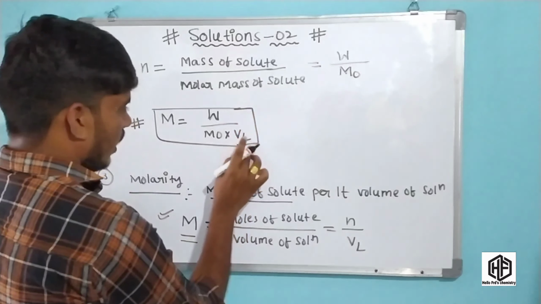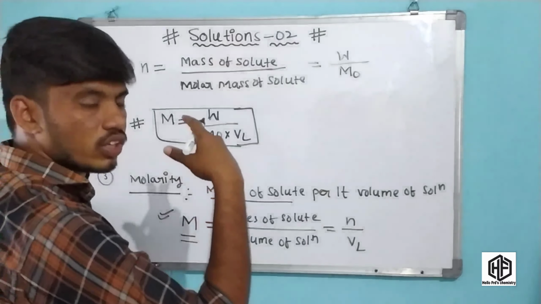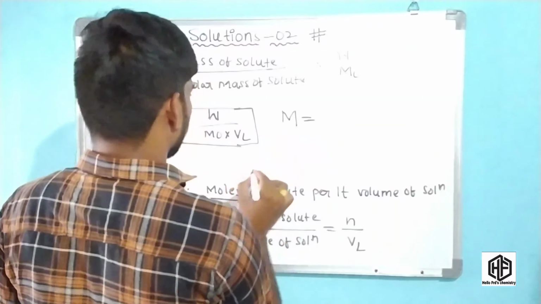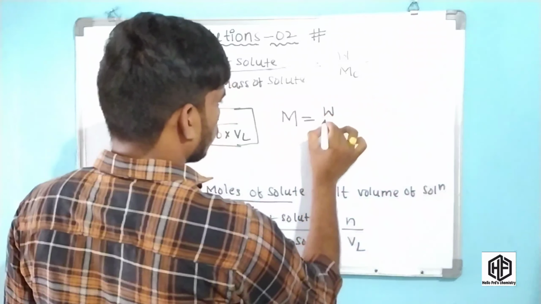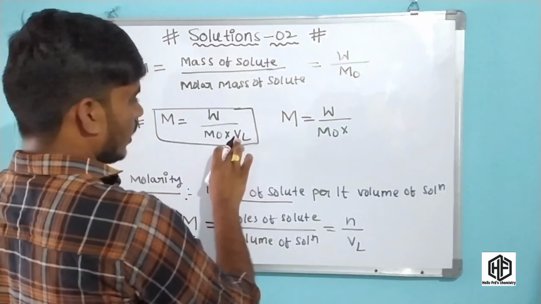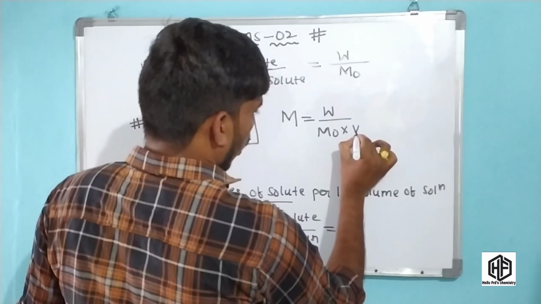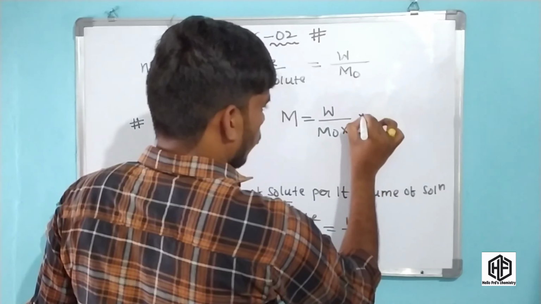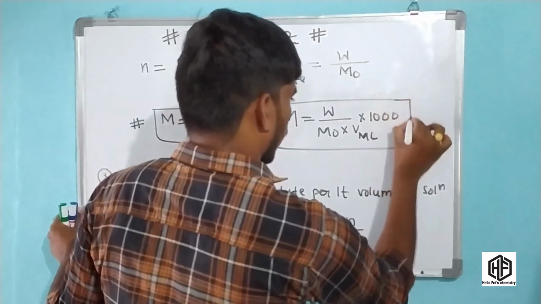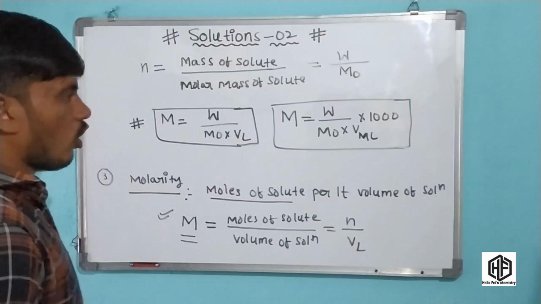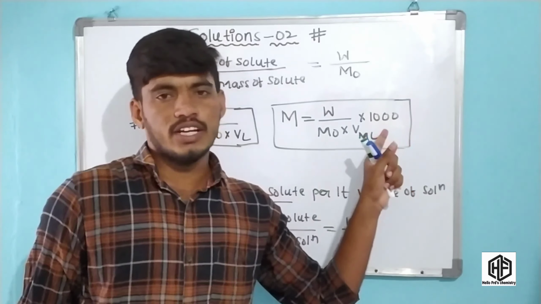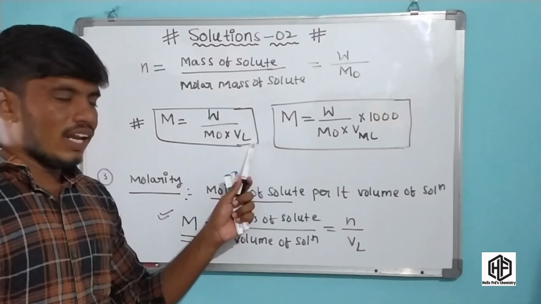Okay friends, the volume in liters is converted to ml. Now molarity is equal to the weight or mass of solute by molar mass of solute into volume of solution in ml into 1000. This is the formula of molarity. Example, in terms of liter,